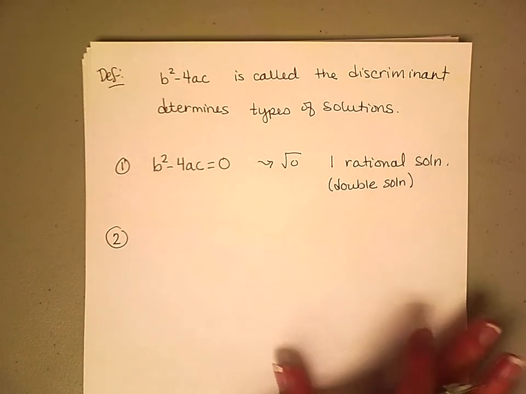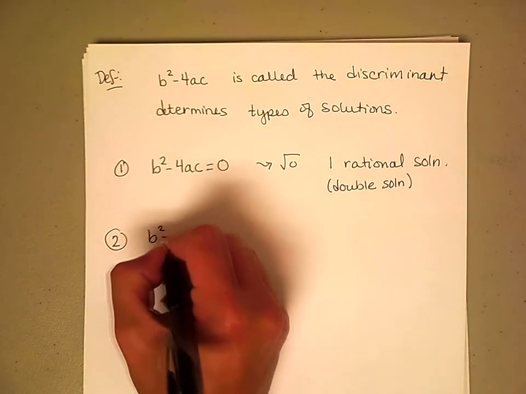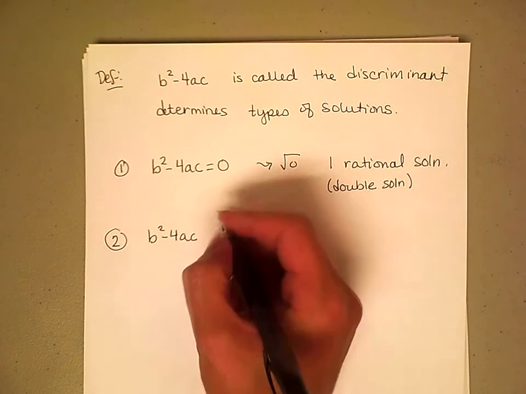Or b squared minus 4ac could be greater than 0,